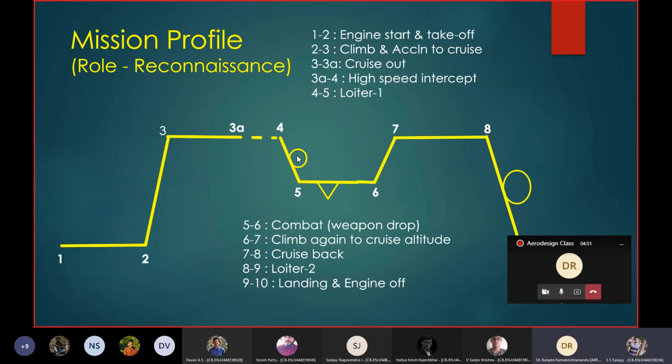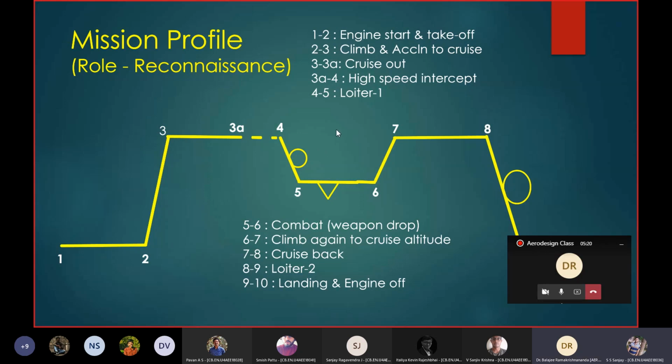Since endurance is one of the main parameters for a maritime patrol aircraft, this loiter time is what changes the weight of the aircraft significantly in this phase. So this aircraft is going to loiter, as it is going to patrol the seas, so we need maximum loiter time to find out where the enemy ship or anti-submarine is, so that we can do combat. So this loiter time we have chosen as 10 hours, and this is based